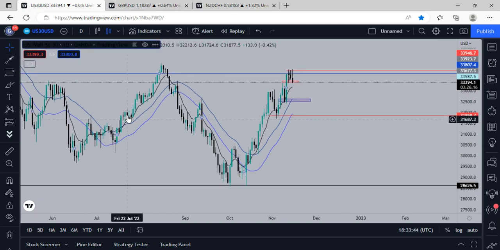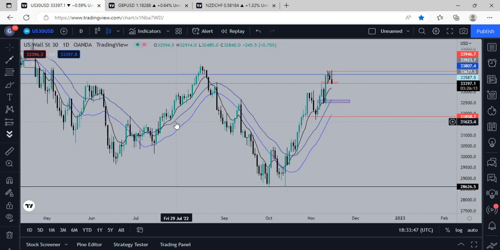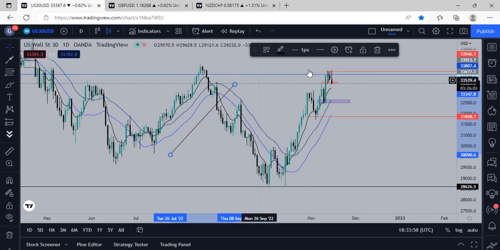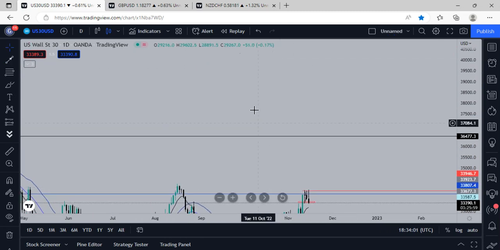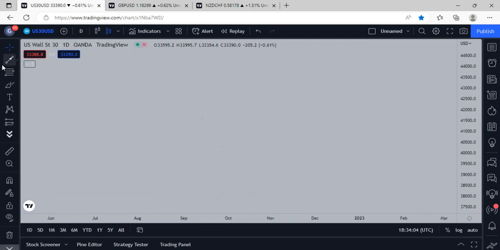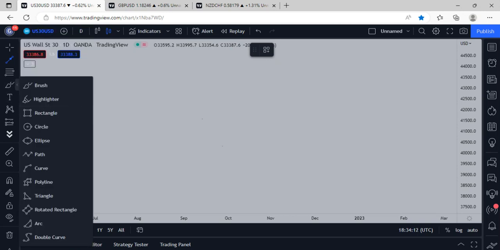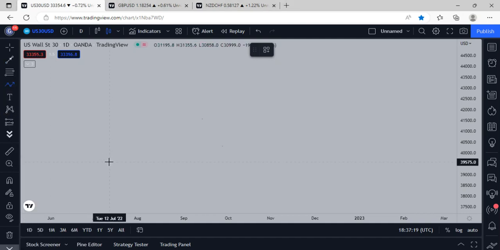So we're starting off with US30, the daily time frame, and we see on the daily time frame that we have a resistance. A resistance is an area where, let me just quickly explain. An area of resistance, if you had to get an example, is if you get over here, you see price buying, buying, buying, buying,